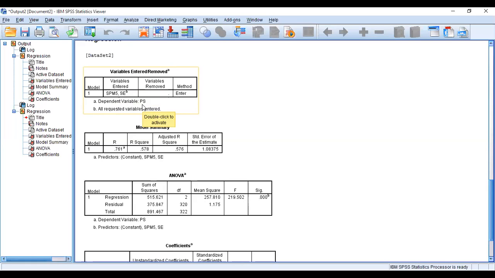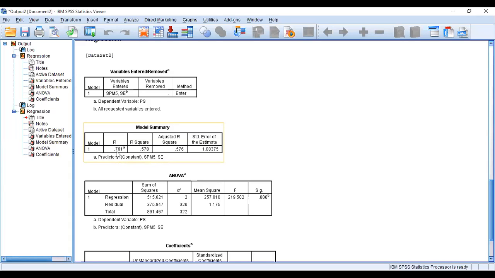Moreover, if we look at the model summary table, what does it reflect? The value of correlation is 0.761, which reflects that we have a strong correlation of 76% between these two IVs and project success.